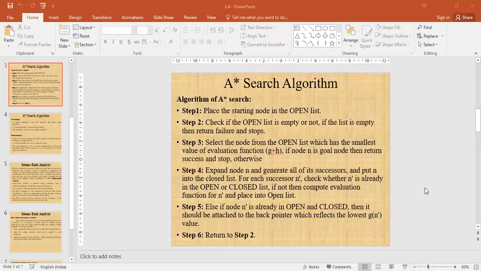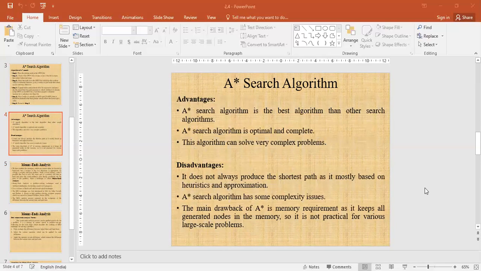So what are the advantages of A star algorithm? A star search algorithm is better than other search algorithms. It is optimal and complete. This algorithm can solve very complex problems. And what are the disadvantages?